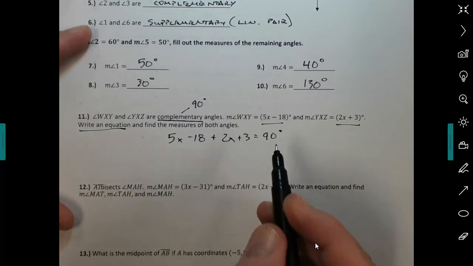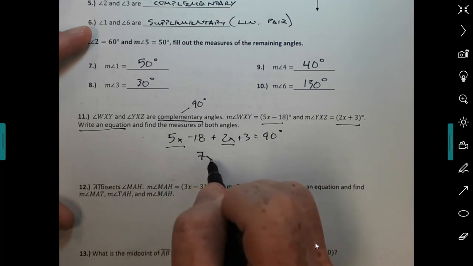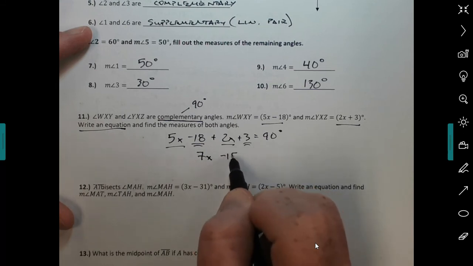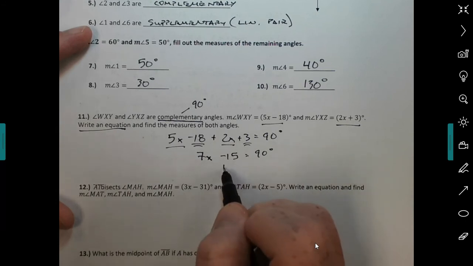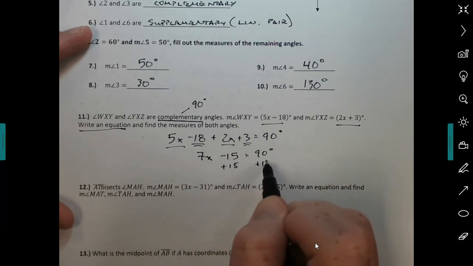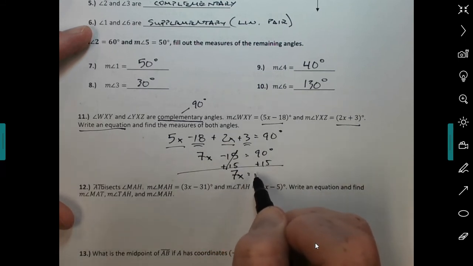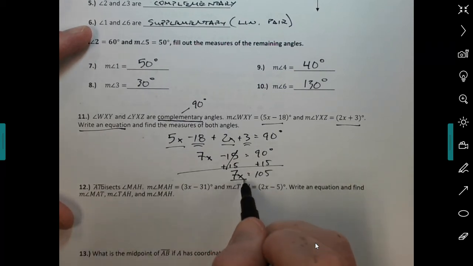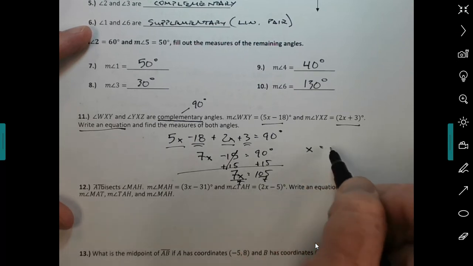The only way to do that is solve for x. First thing to do is combine like terms. We have a total of 7 x's over here. A negative 18 and a positive 3 is going to be a minus 15. Going to want to use an opposite operation. Do it to both sides. Add 15 to both sides. So get rid of that 15. I'm down to 7x equals 105. And divide both sides by 7 gets me an answer of